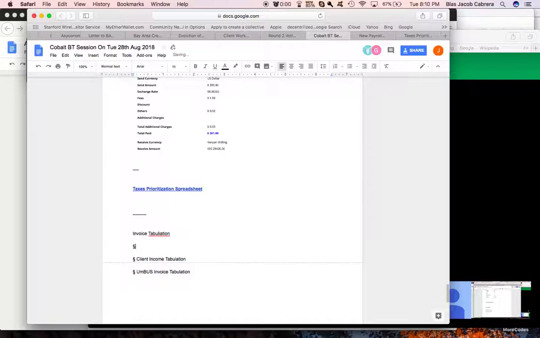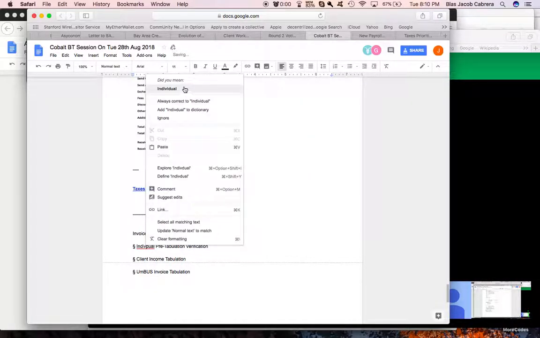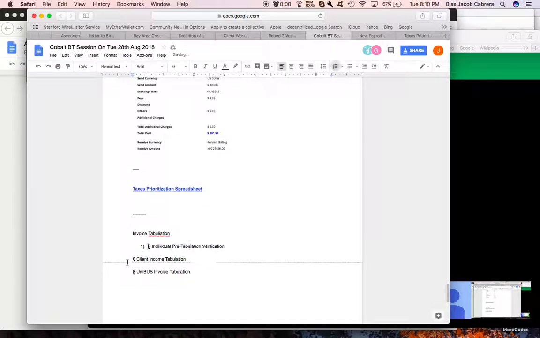And before that, you have individual pre-tabulation verification. Okay? So this is basically step 1. This is step 2. This is step 3. And so we're on step 3. After this, you do the